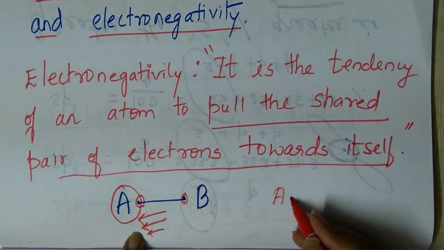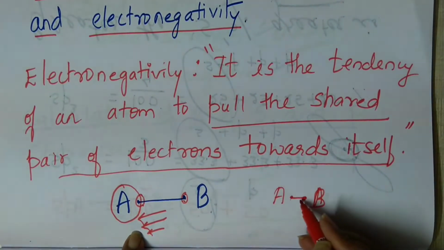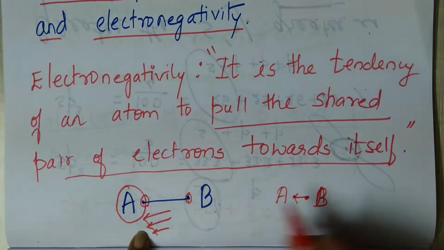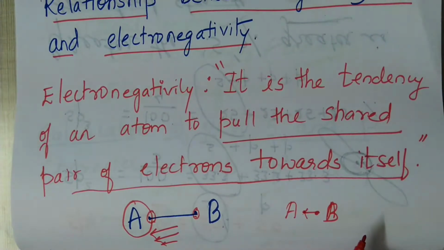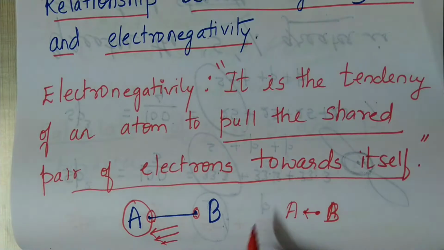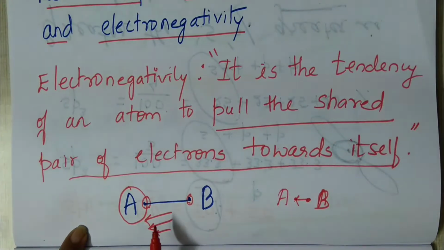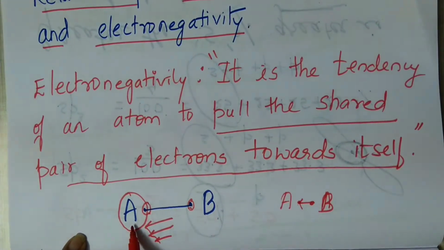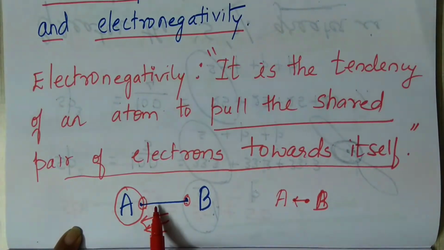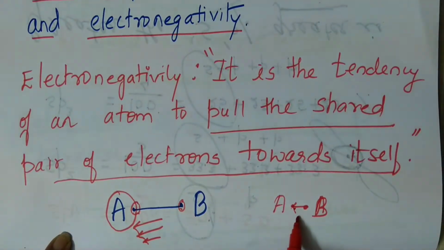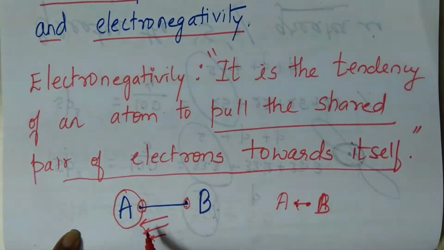If A is very greedy, the bond length decreases, and this electron, they come closer to A, and this process is called as electronegativity. Along the period, electronegativity increases. Smaller the atom, greater is the electronegativity. Anyway, that you had already learned. So, our issue is, if you have an electronegative element in a molecule, it will pull the electron towards itself. As a result, what happens to bond length? Bond length decreases. What is the relationship between hybridization and electronegativity?